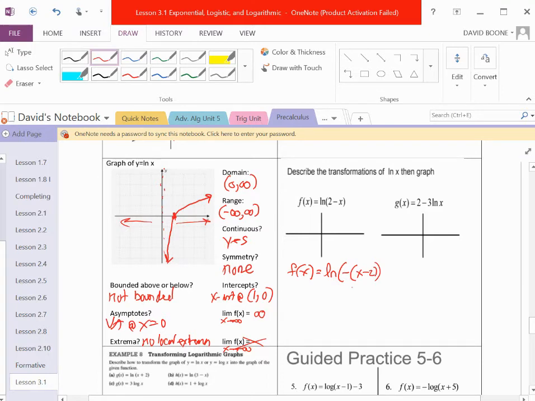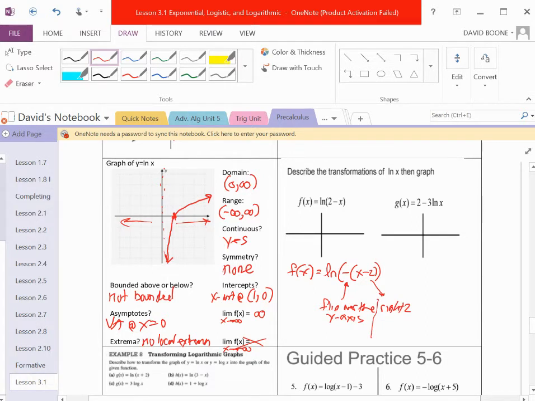This way I can see this piece right here, which tells me, because it's inside there, that this is a flip over the y-axis. And this piece right here would tell me that it's moving to the right